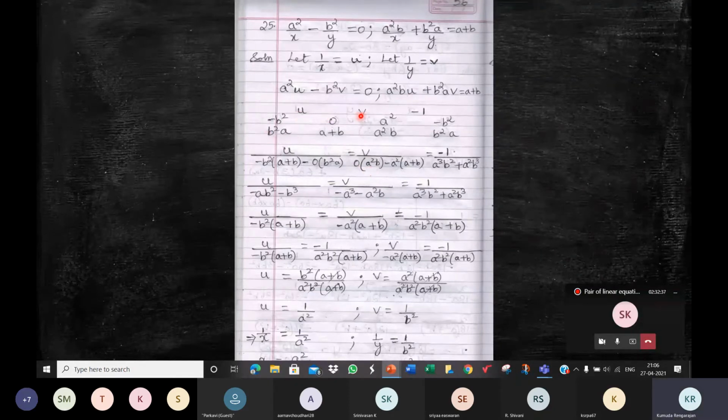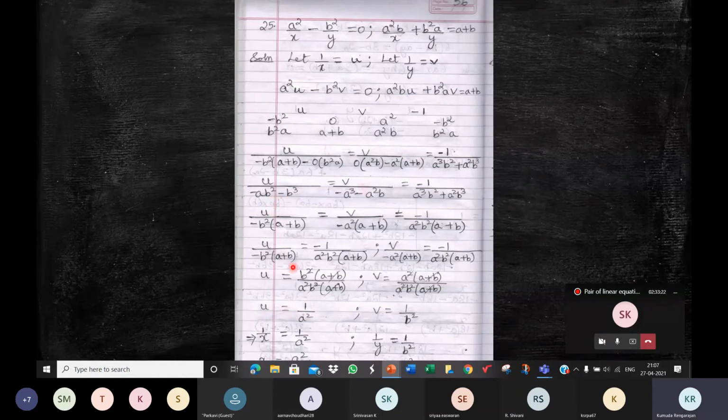Otherwise, I have nothing much to say in this. The headings are u, v and -1 because the equations are in u and v. So u, not x, y now. Then arrange the coefficients like this. I told you, be careful when there's a 0. So write this cross product also, 0 into b square a. Then here start with 0 into a square b. Don't forget to write this, and then write this product. Only then you put this minus sign. If you don't write this thinking it is 0, you will forget to put the minus sign and your answer will be incorrect.